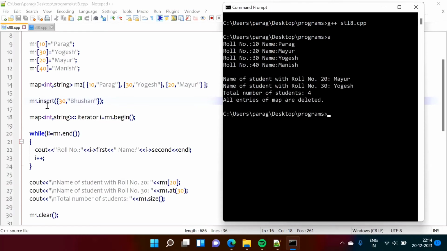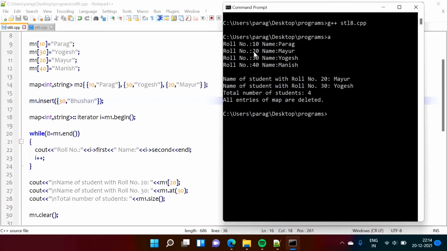So see, though I am inserting this 30 pair, I am getting the previous one only, 30 Yogesh, but this 30 Bhushan is not added in the map, right? That means keys are unique, and if we are repeating the keys, the next values, the next pairs are neglected.